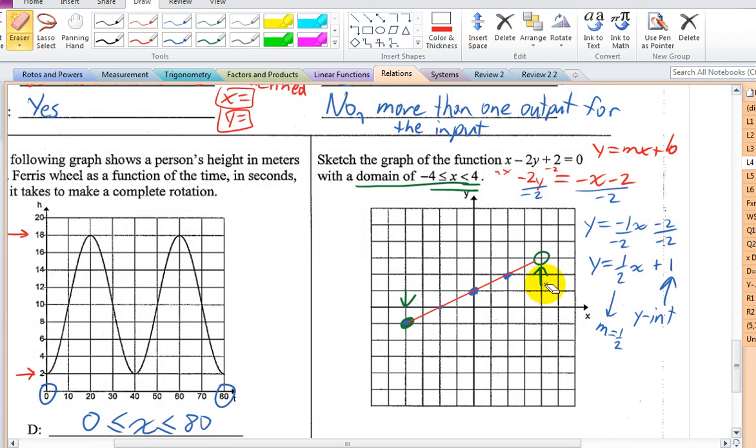Open circle at the top because it's not an equal to sign. Your domain is just a small section of line. So when you're doing questions like this, draw the big line and then figure out what your range or domain should be. Open circle, closed circle, and then erase the rest outside those points. Any questions? Okay, we covered a lot of